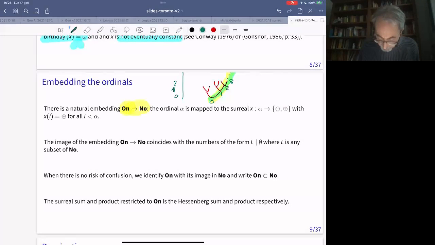So the ordinals are on the rightmost part. If you want to represent the ordinals using this notation here, you get that the ordinals are those which have no constraint